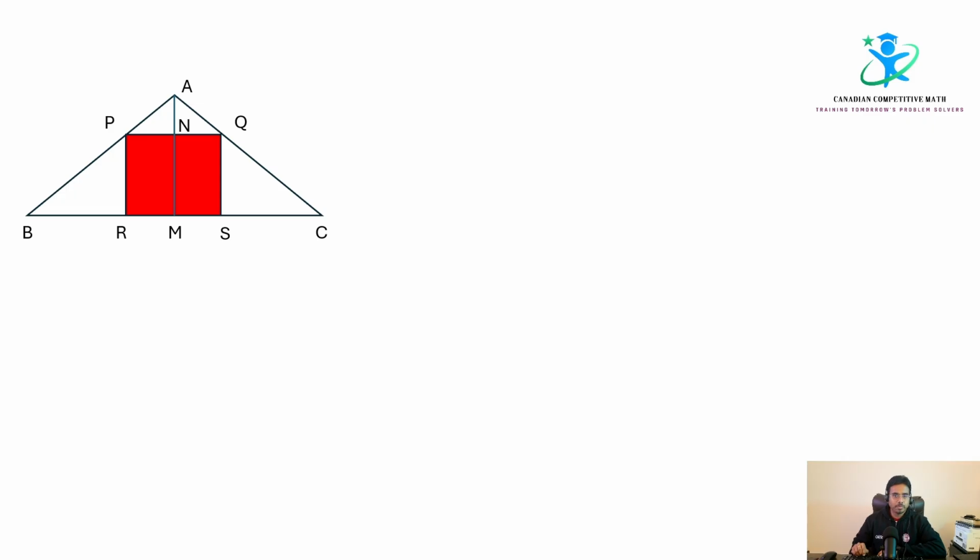Now we'll come to the algebra side of this problem. In the previous page, we derived that X, the side of the square, is H times B by H plus B. As I explained before, this becomes an algebra problem right now. Since H and B are two real numbers,